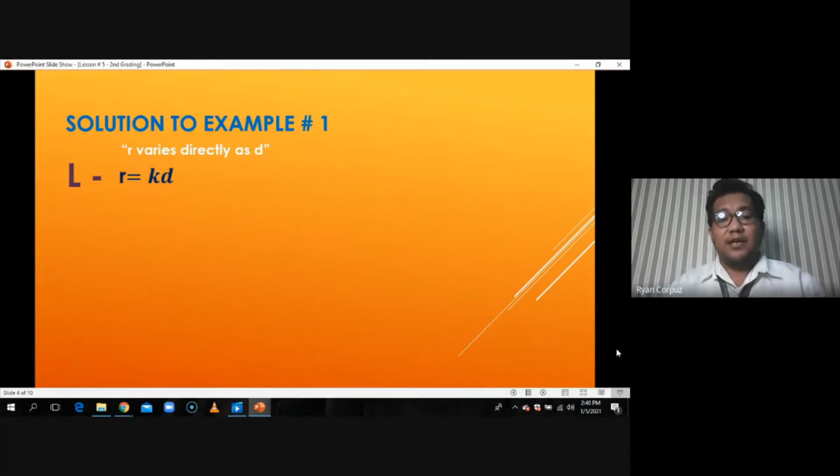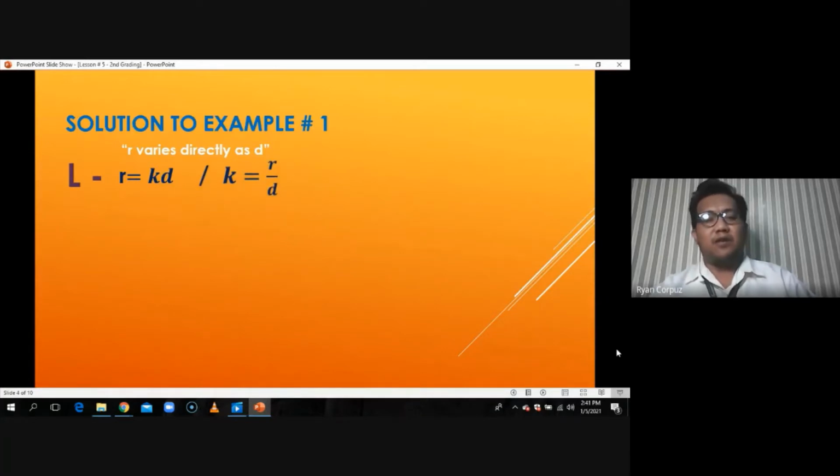Now, the other translation is its translation in terms of K. Since it's about direct variation, according to the definition of direct variation, its constant of variation is the ratio of the two quantities. The first quantity being mentioned is on the numerator, while the second quantity is on the denominator. So that will come up with another translation, in terms of K, as K is equal to R over D. Now, applying the second step, and using the second form of the equation, K is equal to R over D,